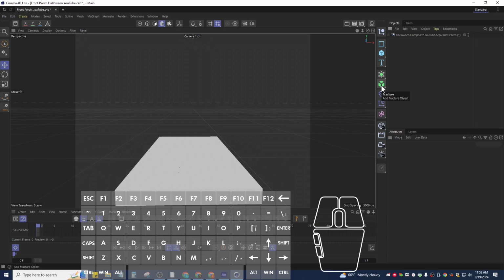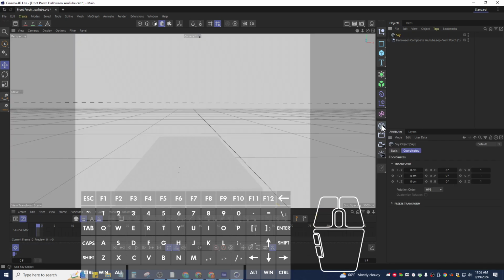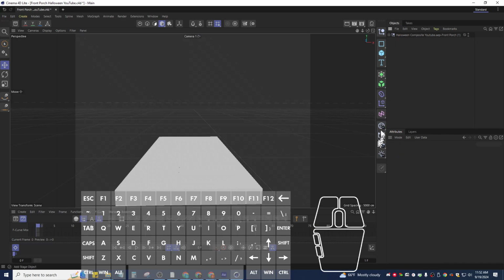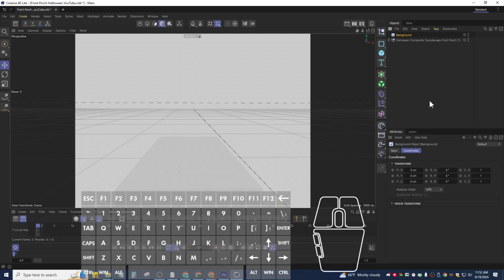You'll see it inside of the world icon right here, sky icon. And that's not what I meant to do. I meant to left click and drag. Left click, drag, and we're going to click on background. Okay, and inside the background file, there should be under basic